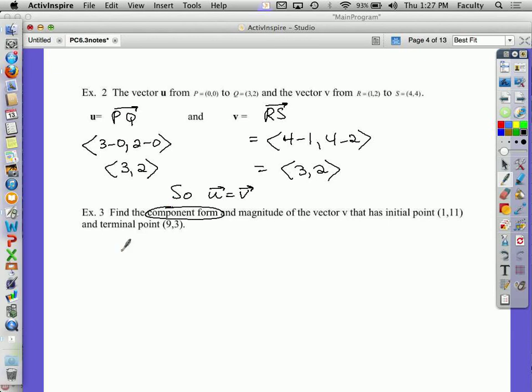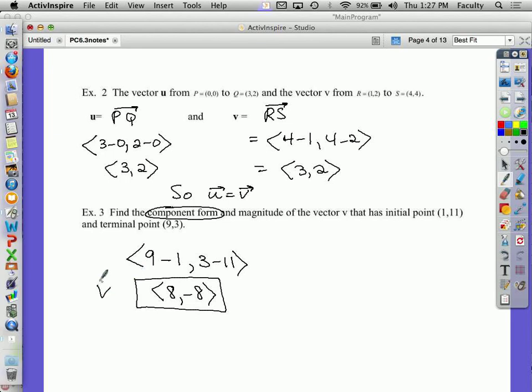So what I need to do is take the terminal point minus the initial. So it's 9 minus 1, comma, 3 minus 11. So this is 8, comma, negative 8. So that's the component form